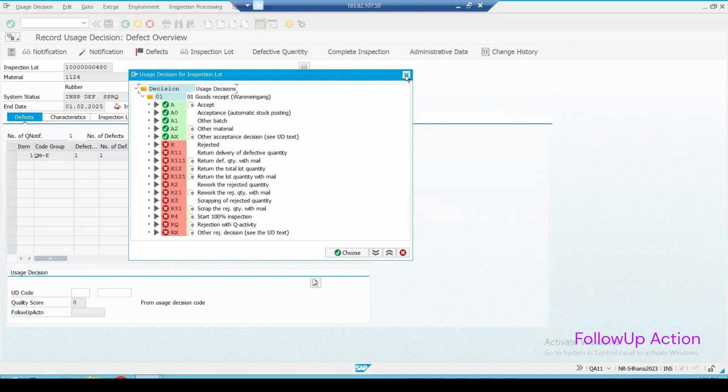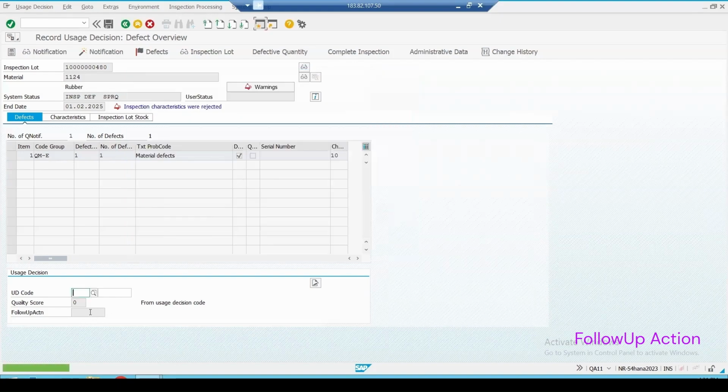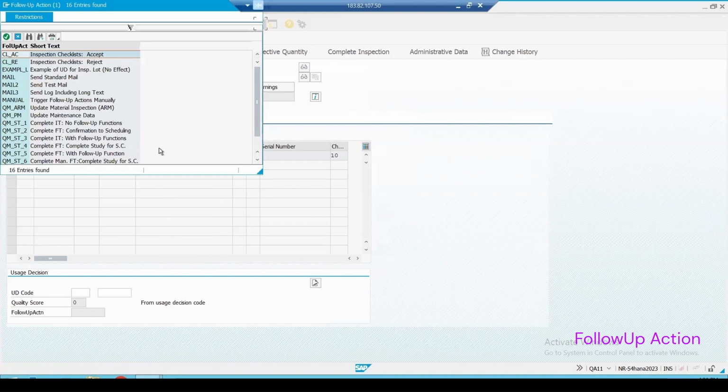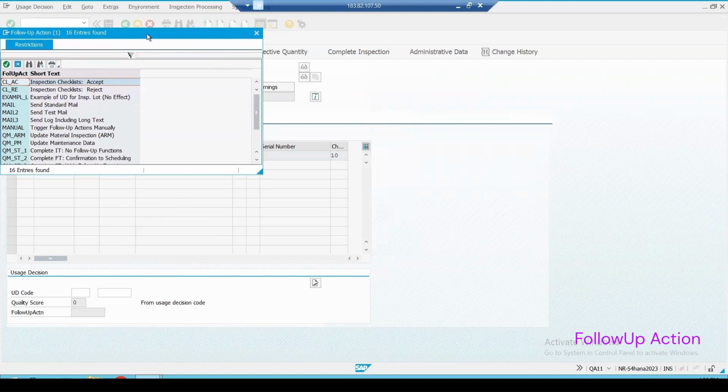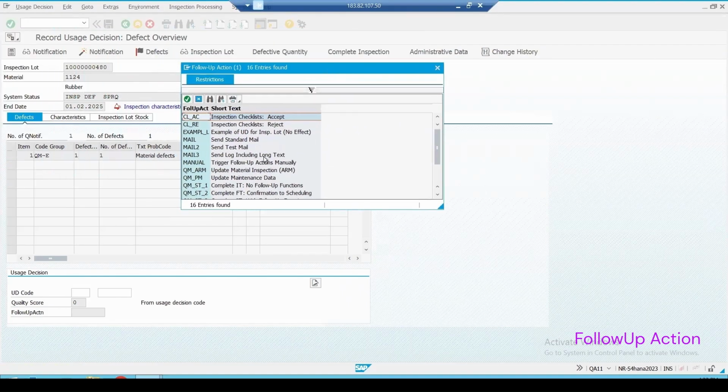Of course, the appropriate codes need to be created. Here in the follow-up action, you can see the list, like what all things you can do as a follow-up action. So you can send the mail and all.